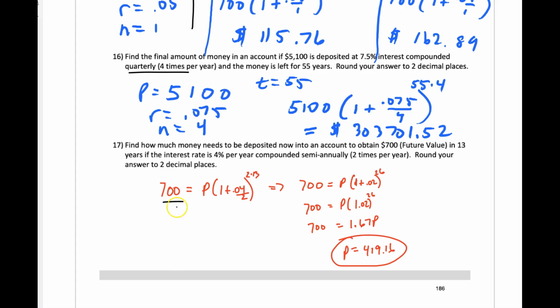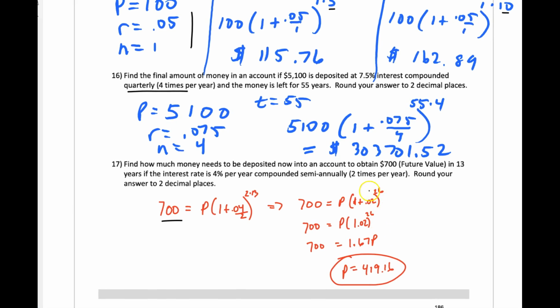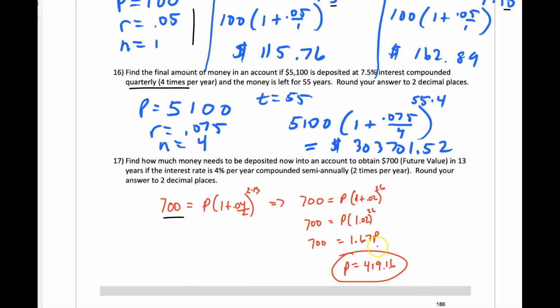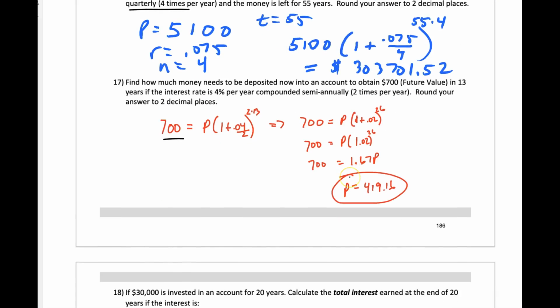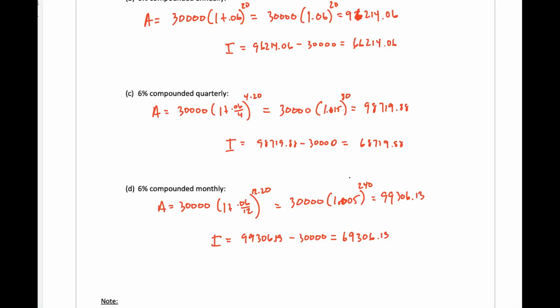You want your future value to be 700. You plug everything in, and you end up with this over here once you simplify and plug this into the calculator. Then you're going to solve for your principal. So $419 turns into 700. Again, it doesn't sound like a lot, in 13 years at 4% compounded twice a year. Again, just different examples here. And then looking at this last one here,